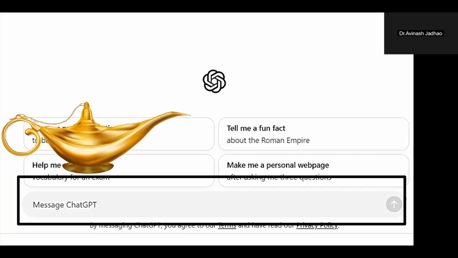The problem is that ChatGPT may sometimes make mistakes, and you should be vigilant enough to clear whatever mistakes ChatGPT is making. For that, you should be knowledgeable enough to correct them. Otherwise, ChatGPT may commit any number of mistakes, and those mistakes will go into your research paper. That may affect your credibility. So whatever ChatGPT has written, you have to validate it.